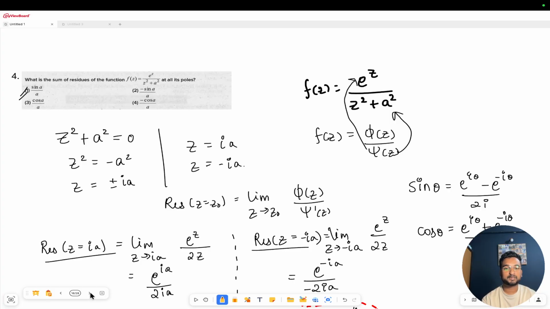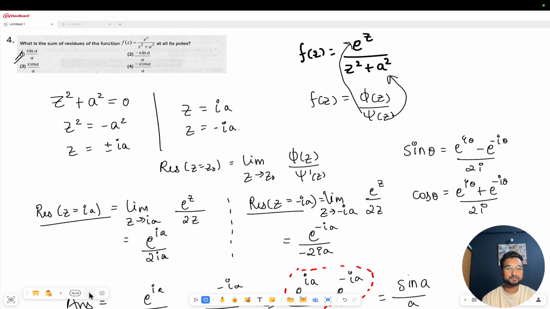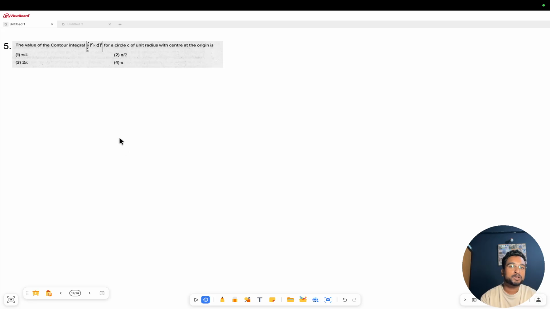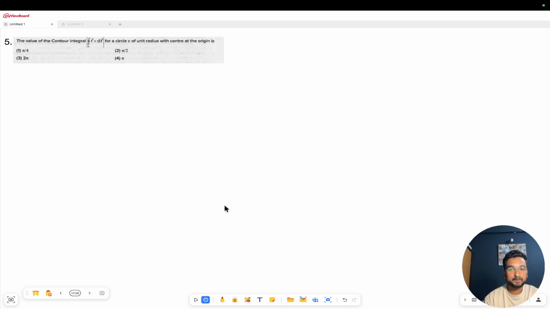I hope this is clear. We'll move to the next question now. The next question is the value of the contour integral. If it is not visible, I will write it down. The value of the contour integral